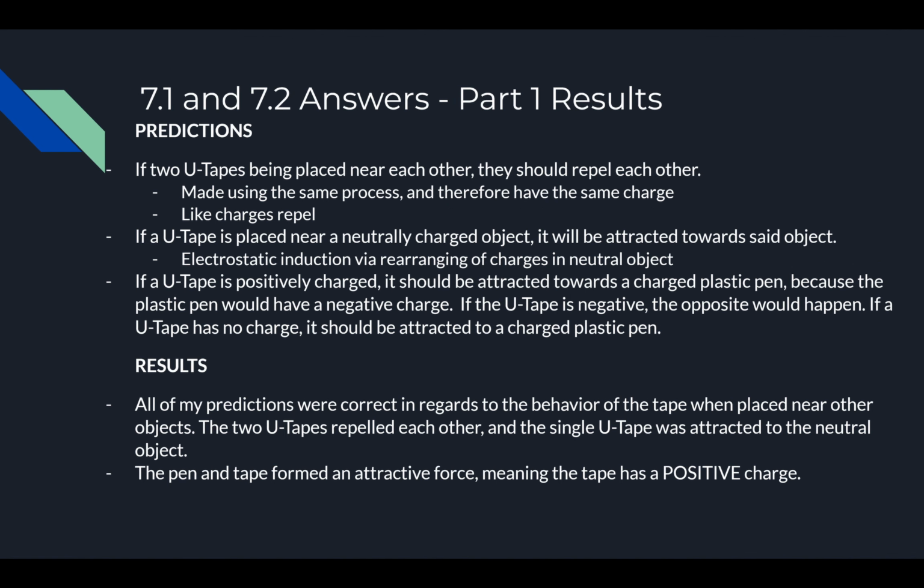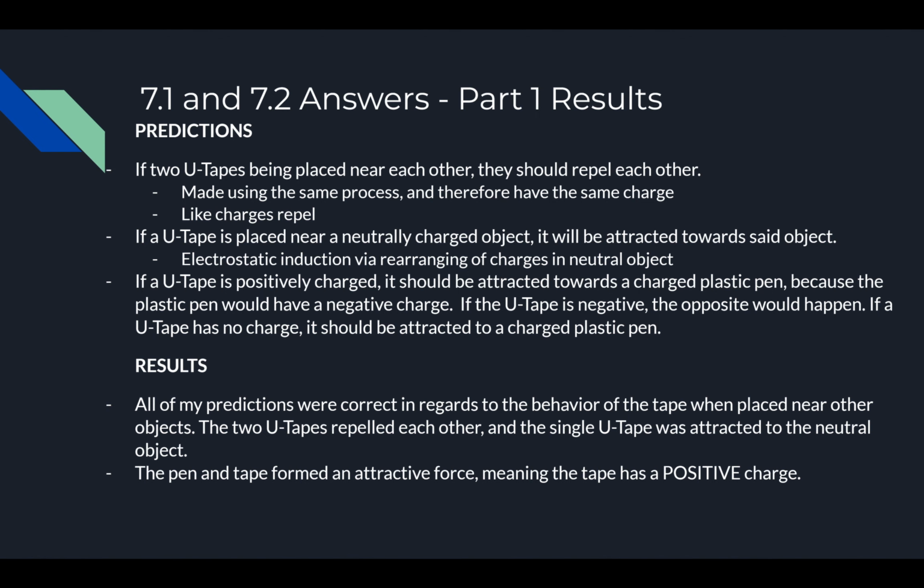You can see my predictions here. I predicted that the two U tapes would repel each other. A U tape would be attracted to a neutral object because of electrostatic induction and the rearrangement of charges inside of a neutral object. And basically, if the U tape is positively charged, it should attract a negatively charged plastic pen, which you can see at the bottom. That is what happened. The tape has a positive charge,